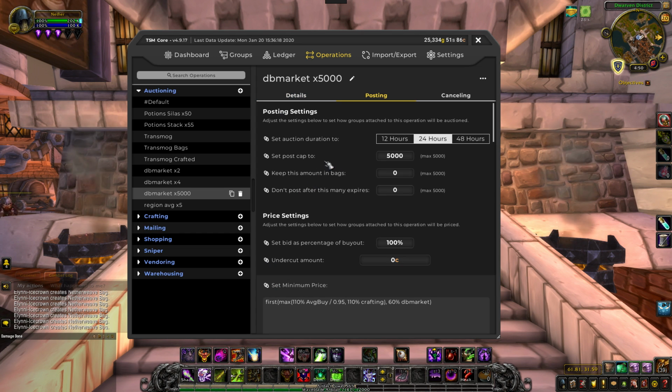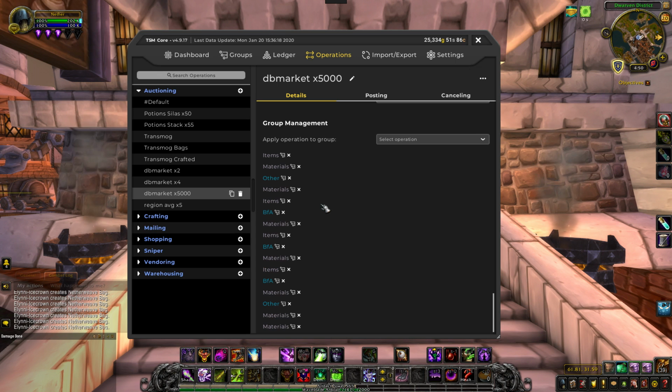And this is times 5,000 with the new patch 8.3 auction house. There's no more stack sizes, so I just have this to post everything that I have pretty much. Since I only craft 20 of them, which we'll go over when I go over my crafting operations, it doesn't matter what this number is set to. I'm always only crafting 20 of them anyways, so I will never have over 20. It's not going to post 5,000 of something you don't have 5,000 of. So this is kind of like my catch-all selling operation, auctioning operation for materials and the other stuff,